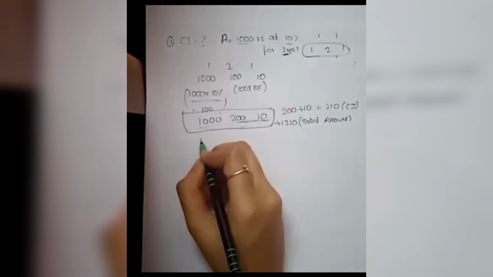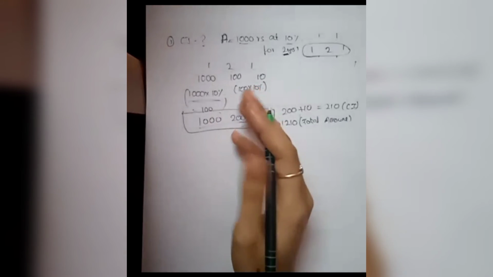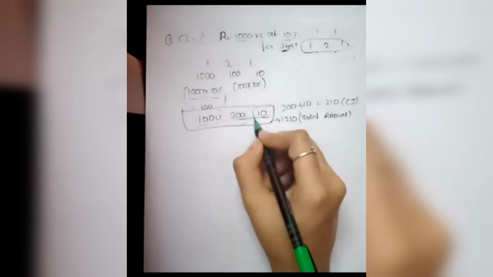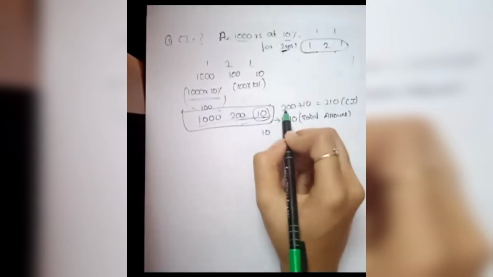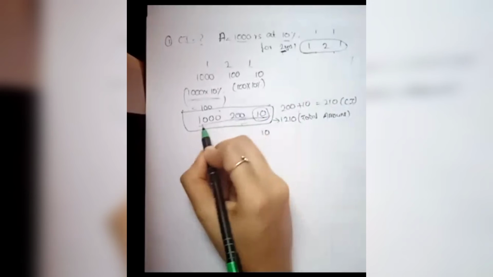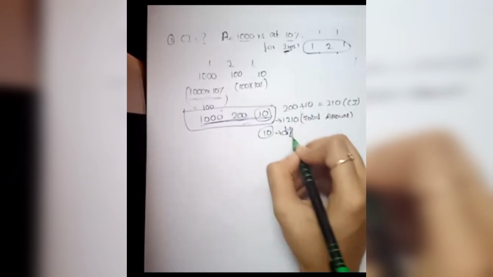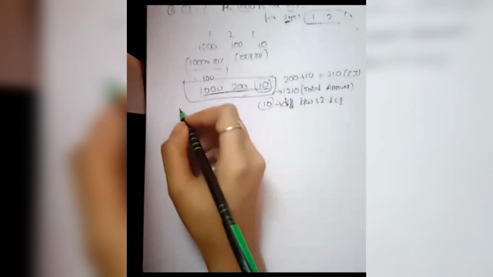That's all. And if the problem is the difference between SI and CI, you have to take only the last column as the answer. If you take 4 years or 3 years, the columns get added, right? You omit the first 2 columns and the rest of the columns should be added and put as the difference between SI and CI. That's all. Is this clear for you?